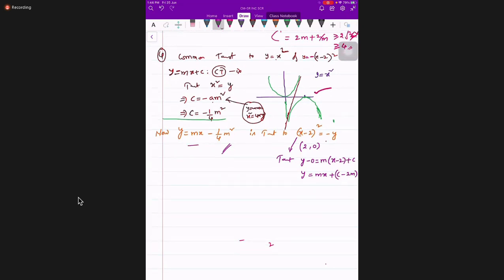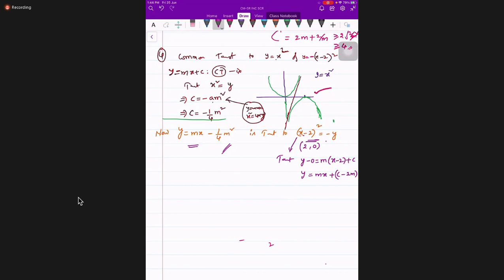Now you are saying this is the tangent to this parabola. Got it? Students, got it? Yes, sir. Both are the same only, no? Compare coefficients and get it. That also is fine. This is tangent to that now. We know that this is the tangent to the parabola. Okay, then you can compare both also, no?